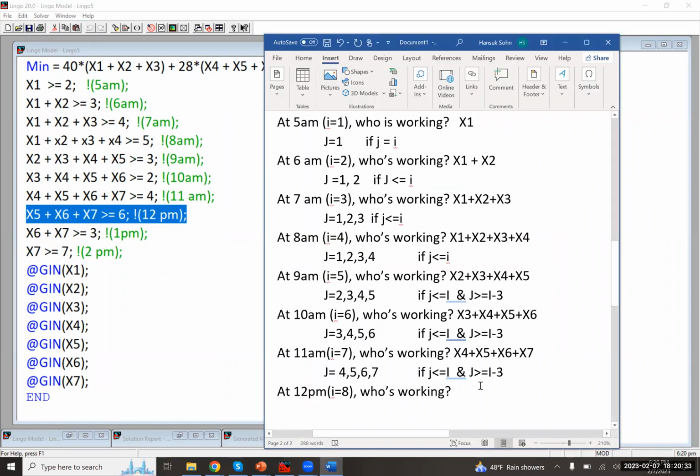Only 3 groups of people, X5, X6, and X7, are working, right? At 12 p.m. So in that case, the question is, if these conditions work,